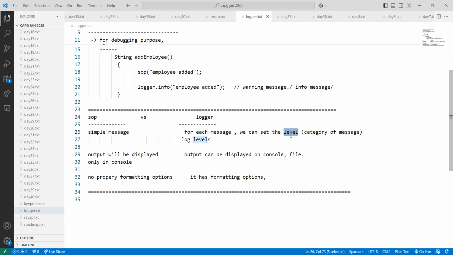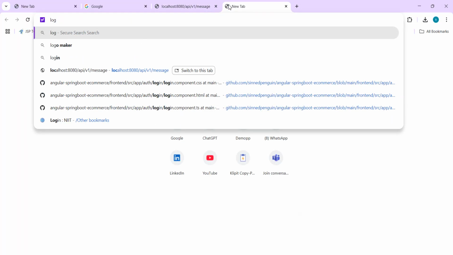We can tell what type of message this is, whether this message is very important or has less severity. Every message has some level, so you should know about log levels.